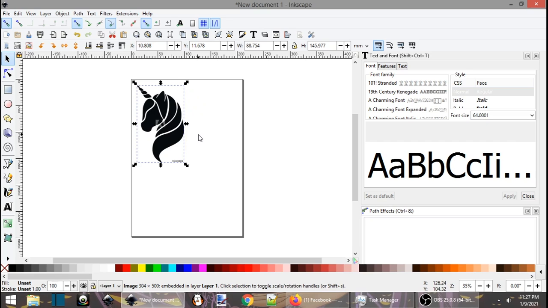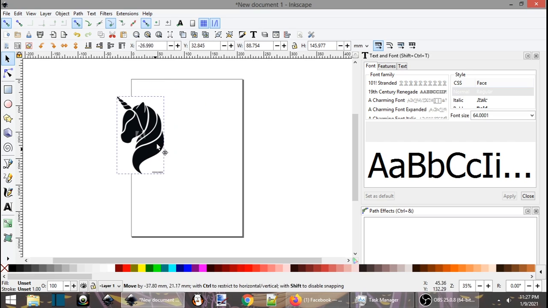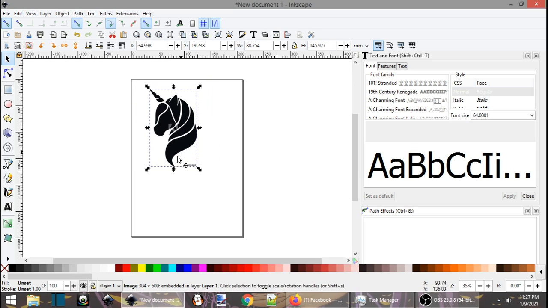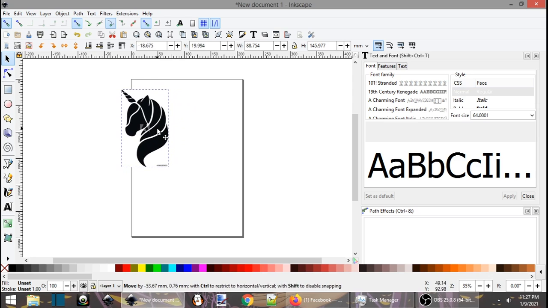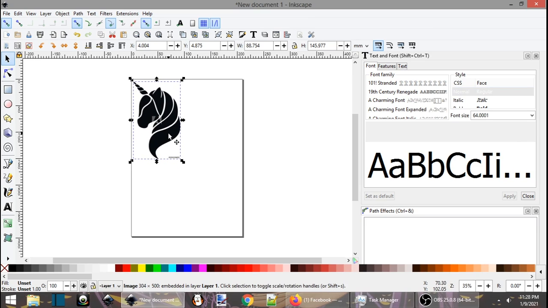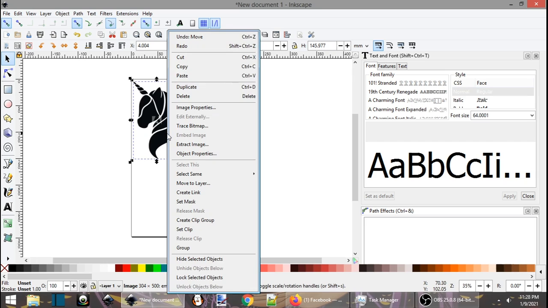So, the question that I received was they were struggling with how to trace this. They were trying to manually trace it using the Bezier tool. It wasn't coming out right. They wanted it exact. There's watermarks in their way. All these issues. So I was like, well, what you can do is right-click the image if you're using version